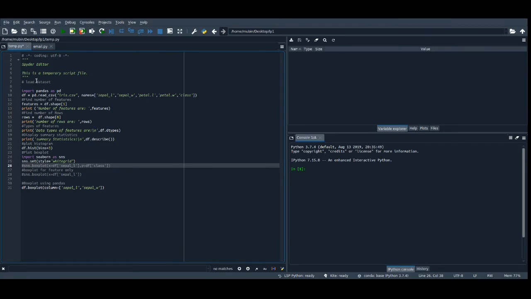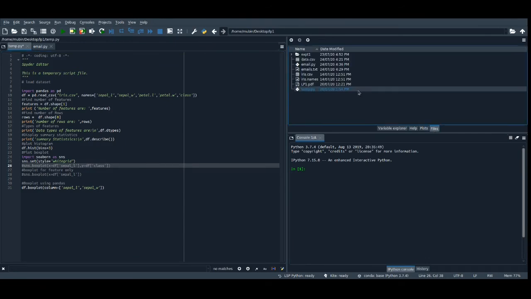Initially what I did, I first of all created a new file by selecting this icon, new file, and then the new file is saved at its appropriate location. And you have to change the current working directory from the files menu. In my current working directory I have this many files. My program file is temp.py and my dataset file is iris.csv, and iris.names is another file which I am not using.